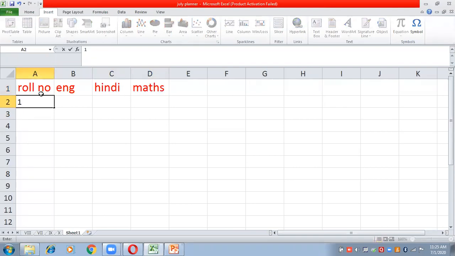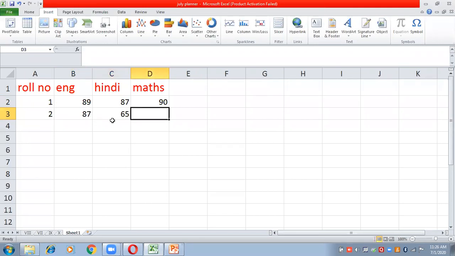Roll number 1. Let's suppose it is out of 25 only, or let us take it out of 100. I'm taking only 2 students.